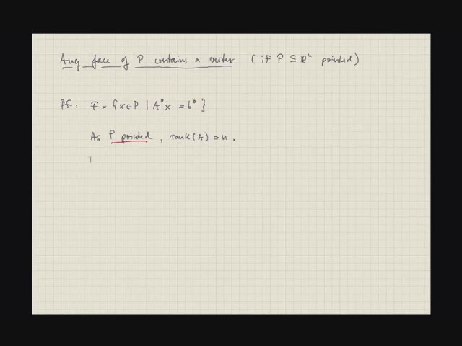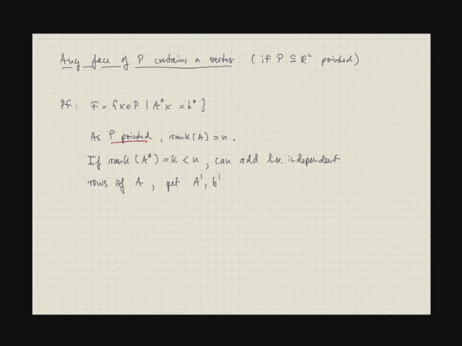Okay, so if the rank of A0 should be equal to k smaller than n, we can add linearly independent rows of A to get a linear system A prime x equal to B prime such that the rank of A prime is equal to n,